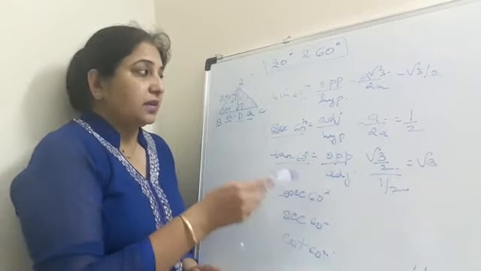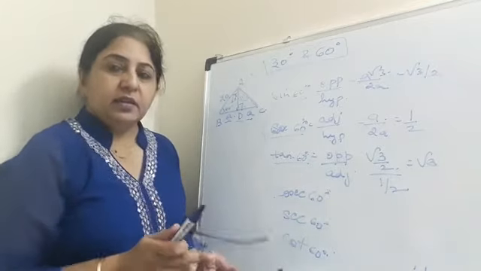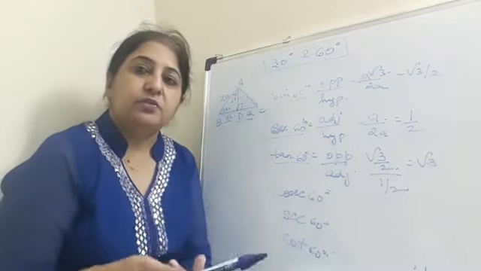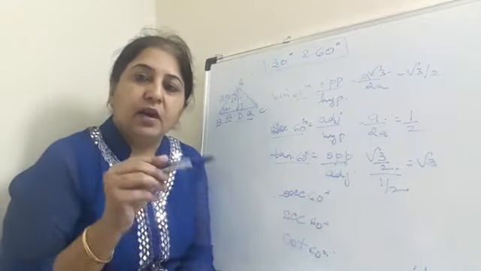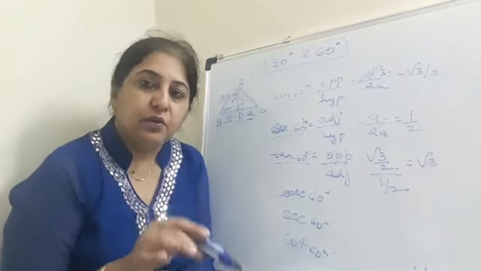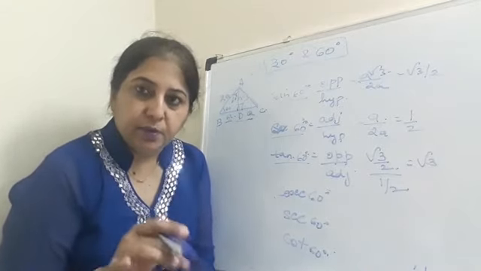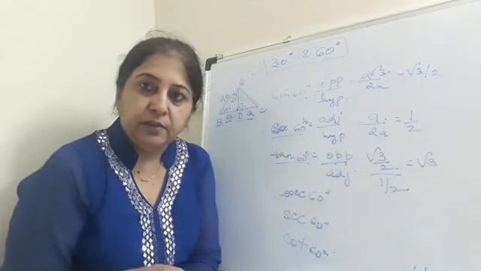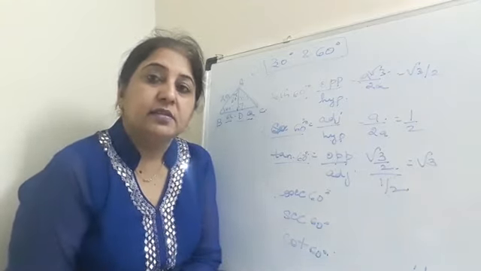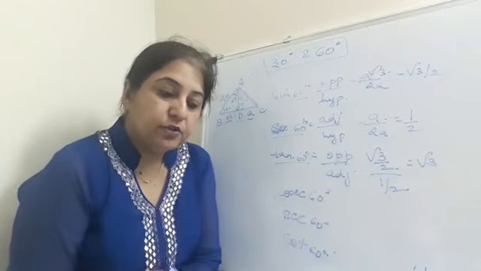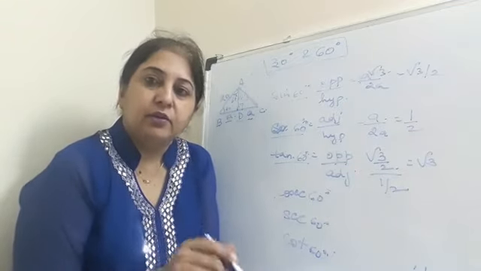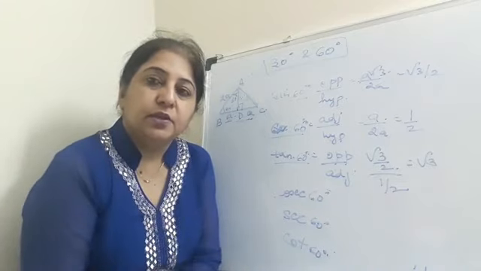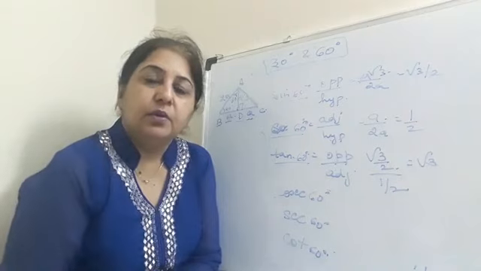Okay, so this completes your 45 degree, 30 degree and 60 degree explanation. Now I will explain you in the next video how to find the ratios for 0 degree and 90 degree. Okay, and when we finish all this explanation, the next exercise, exercise 8.2, is based on these specific angle ratios. You will learn these ratios, you will learn these values, and you will substitute in the questions given and you will be able to solve them.